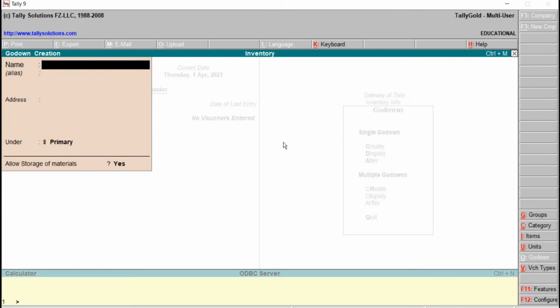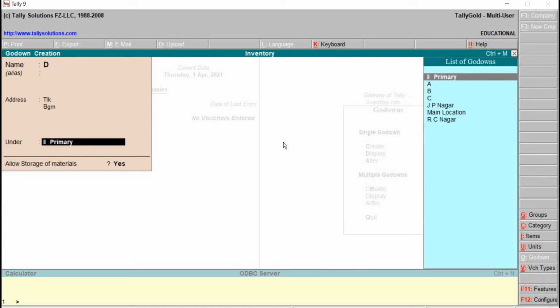Right now I just go for having here the godown name will be D, alias is optional, right? Address we have to provide here, okay? I just take here Tilakvadi, then under primary.